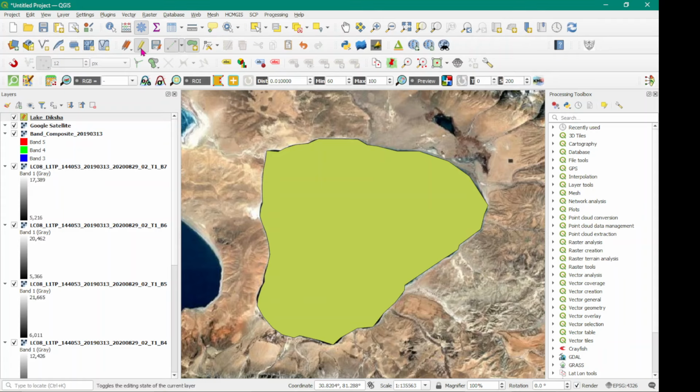Now I can click yet again on the save layer edits. A floppy disk comes with a red pencil or an orange pencil. Click on it so that it gets saved. Now you click on toggle editing. That means toggle editing will stop. And when I click on toggle editing, you will see on this Lake Diksha option, what you see is